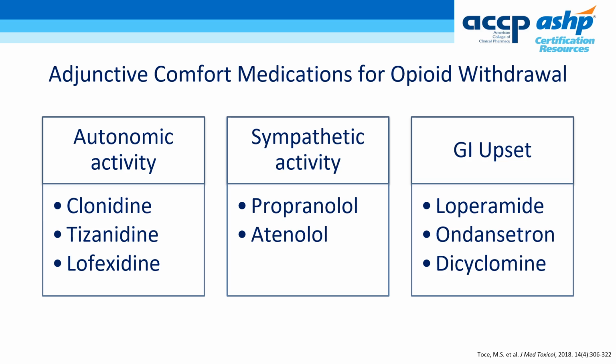You may also attenuate withdrawal symptoms in the acute phase with a combination of non-opioid targeted therapies. These therapies include alpha-2 agonists, beta blockers, antidiarrheals, and antiemetics. But you must keep in mind that although these agents temporarily lessen patient distress during the initial phases of withdrawal, they do not lessen opioid cravings.